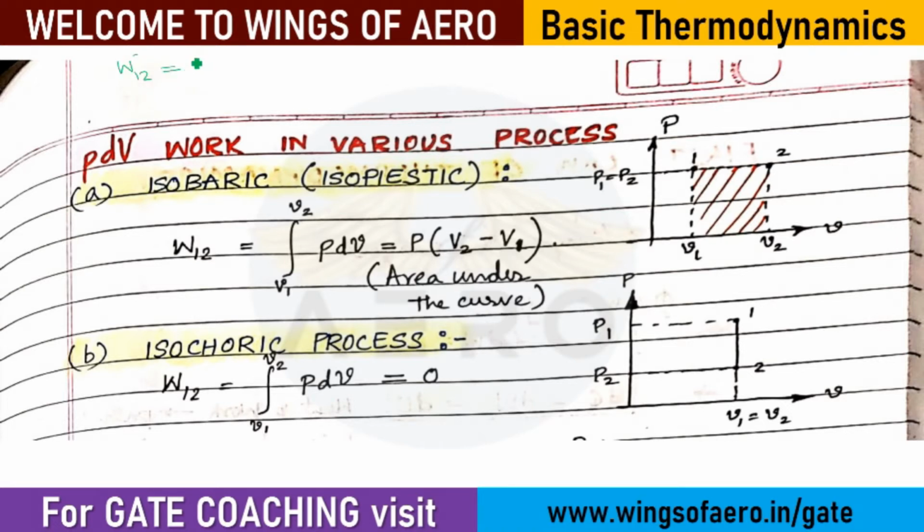W12, or we can also write it like this, W12. Why am I writing this? As this is a path process. In case of a path process, we should write like this. Now the question can come likewise also, so you should know when to write for a path process and how to write for a point process. If it is a point process, you should write W1 minus W2, or I can write change in W. But where the work done is a path process,